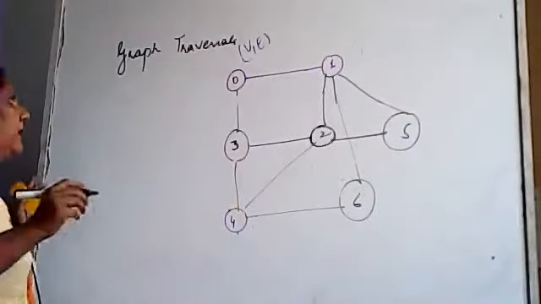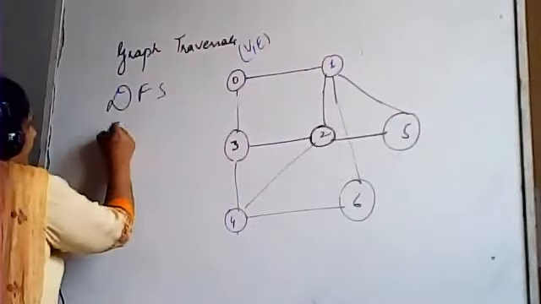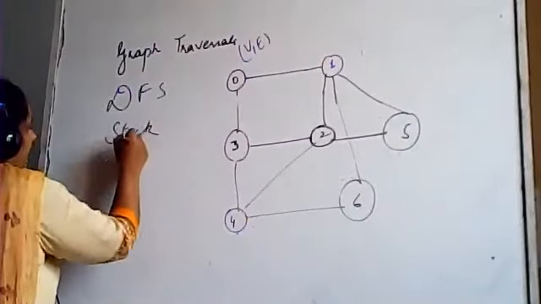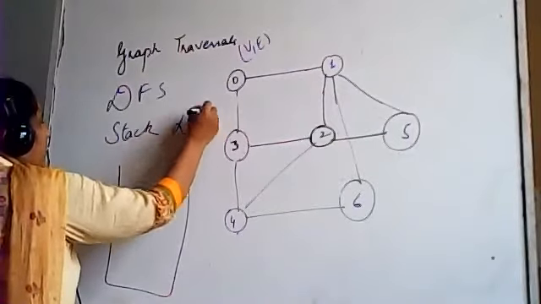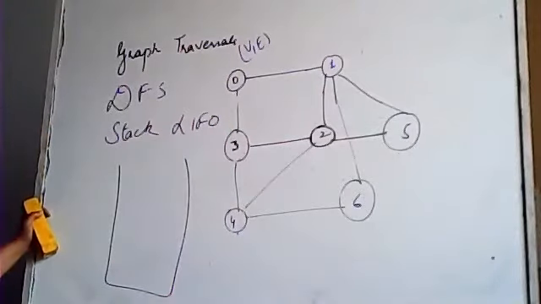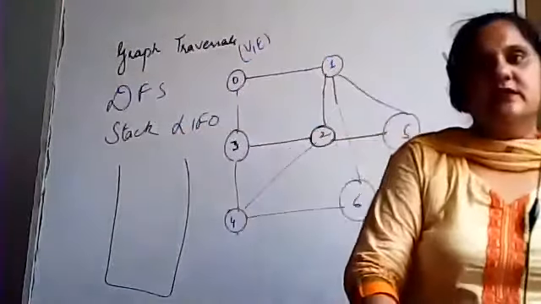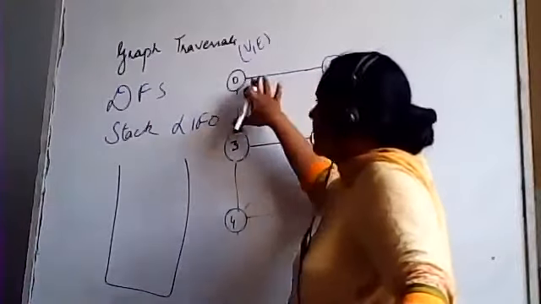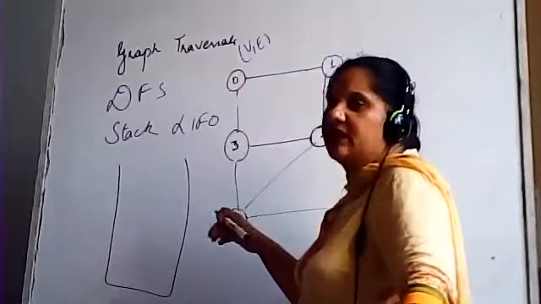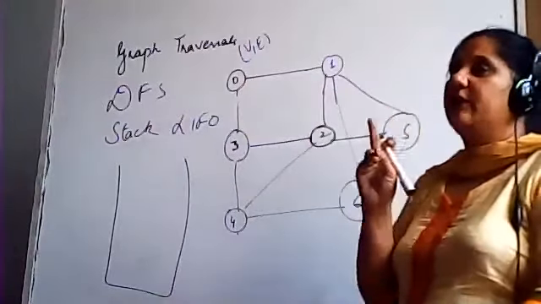Depth first search will follow the rule of stack, that is last in, first out. Now, it is a little bit different from breadth first search. There, what did we do? We have taken both the adjacent vertices to 0 and pushed them inside the queue, right? But here we are not going to do that. We have to take either one of them.